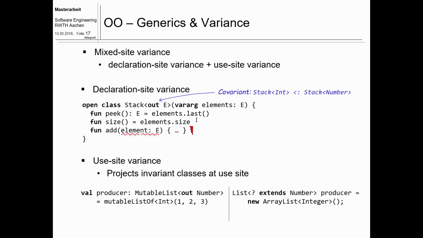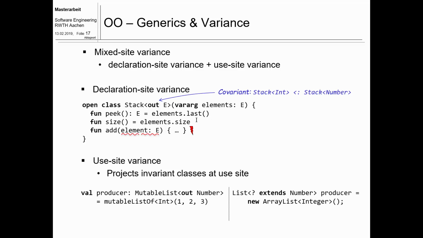And this means that this class only produces elements of type e. So you can only have e as return values, like for instance in the peek function. But you cannot have a function or a method such as add, where you actually take in an element of type e, because this would then no longer allow